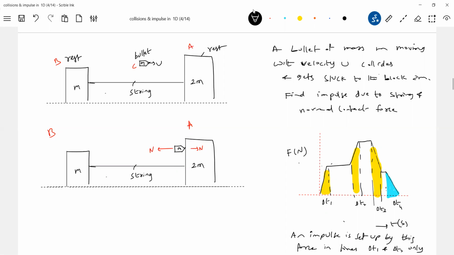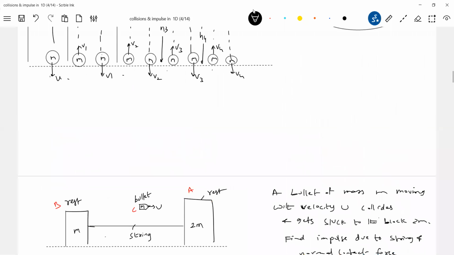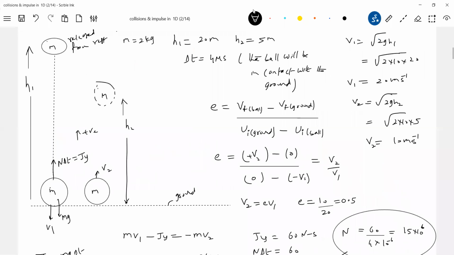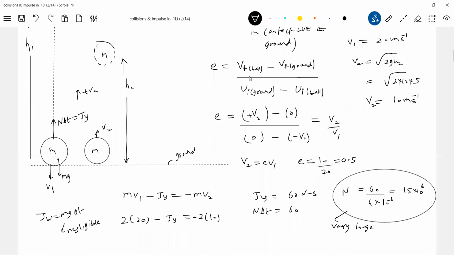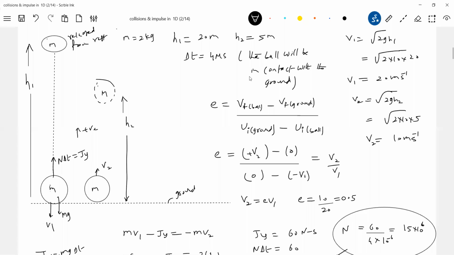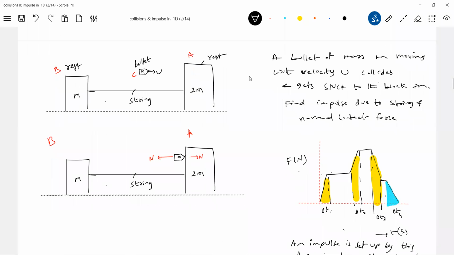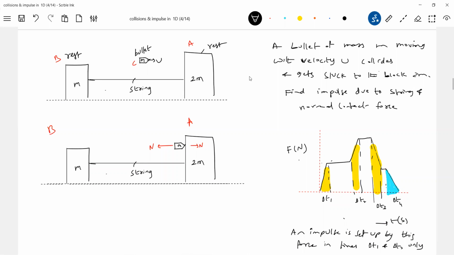For what time will the bullet collide with the block? For a few microseconds. Like here you see a ball. For what time will the ball collide with the ground? For a few microseconds. I think it's very natural. You throw a ball against a ground or a wall. Will the ball be in contact with the ground or wall for 1 hour or 2 hours, or 1 minute, 1 second? No, it will be in contact for a few microseconds. Therefore the collision usually has a contact time of a few microseconds or nanoseconds. So during that time, the normal